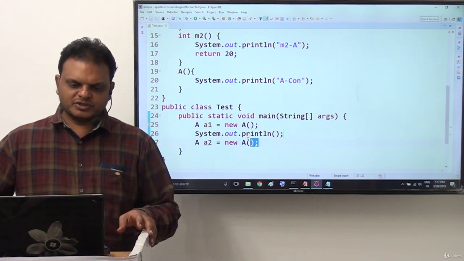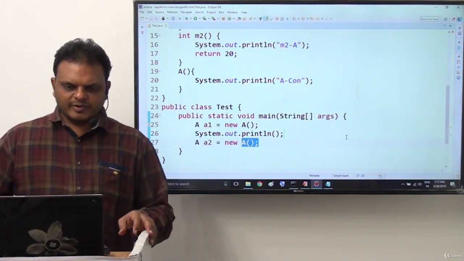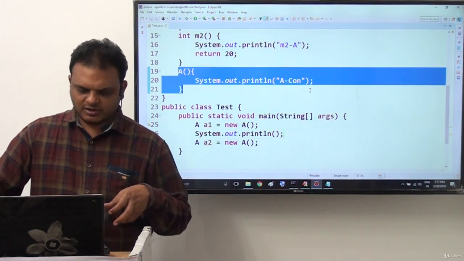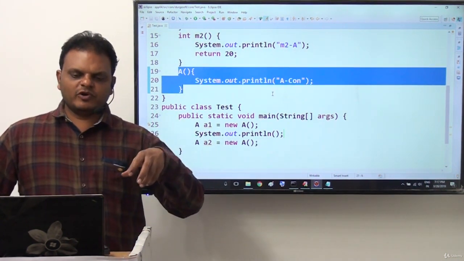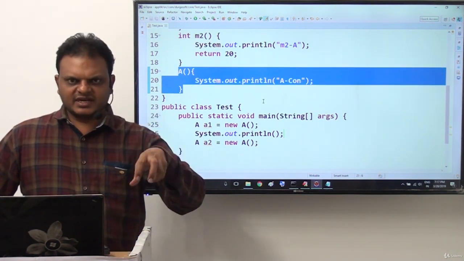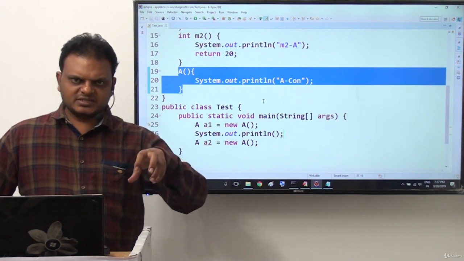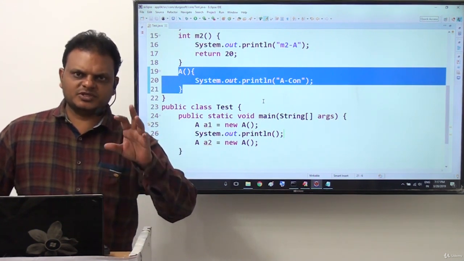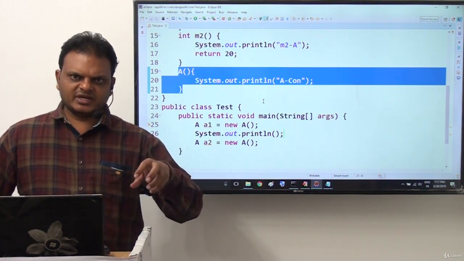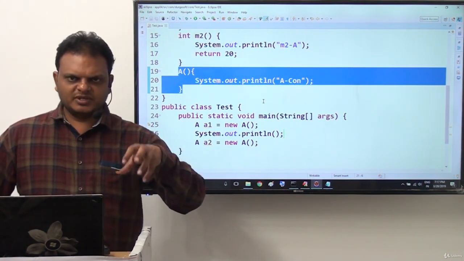Now the JVM is going to execute the constructor. When the JVM is going to execute the constructor here, we already know one fundamental point in the case of Java. What is that fundamental point? Before executing the respective class constructor, first the JVM has to recognize and execute the instance context of the respective class K. Before executing the constructor, the JVM has to recognize and execute the instance context of class K.